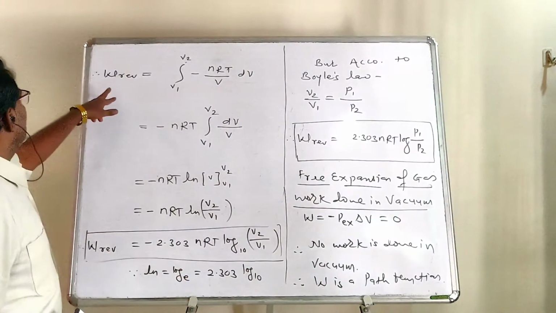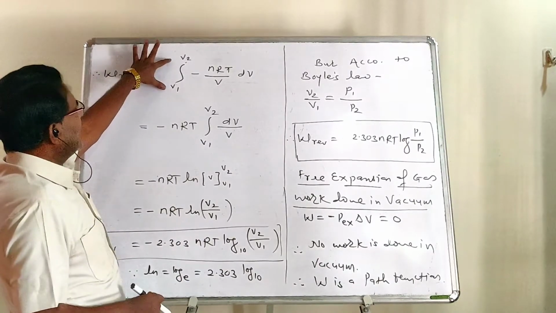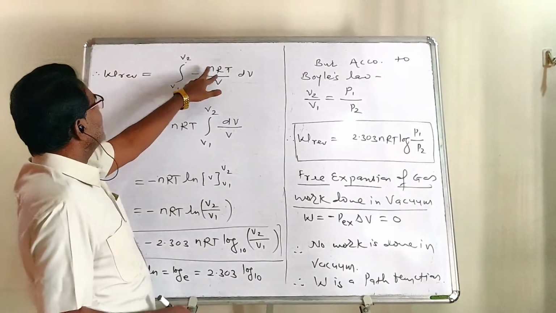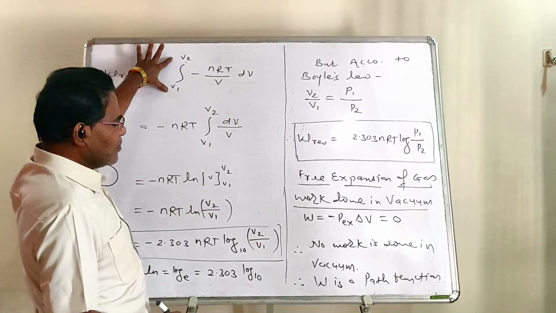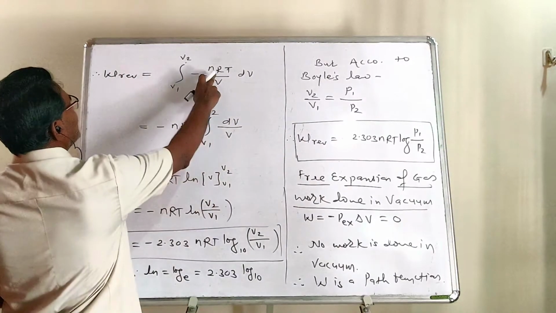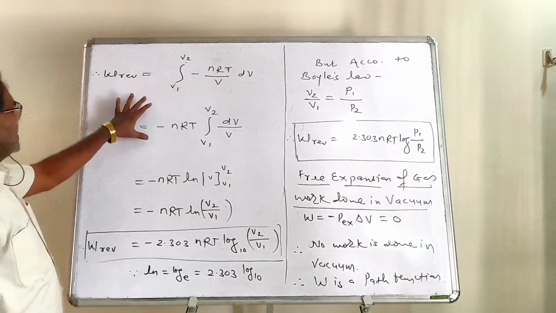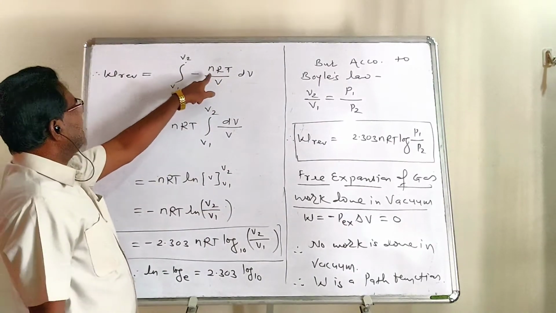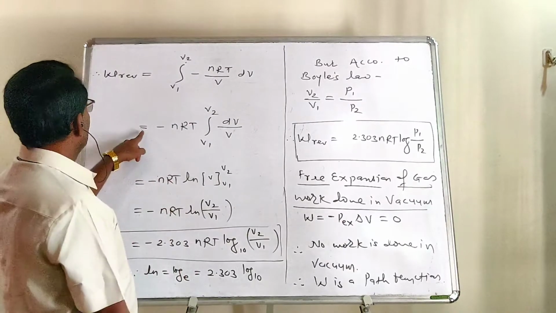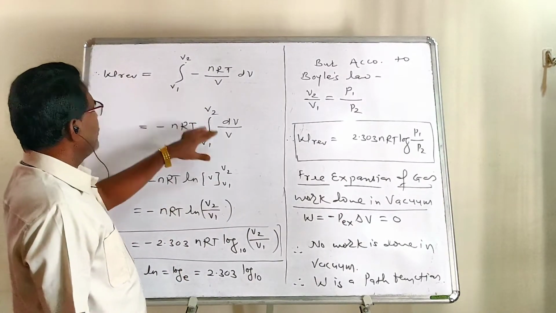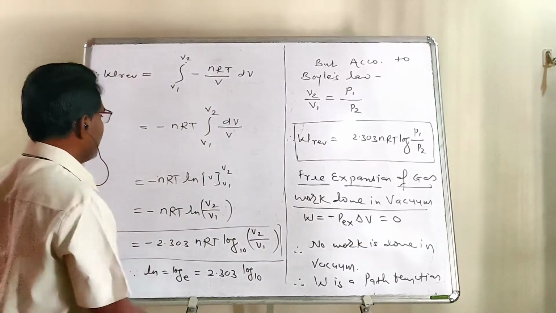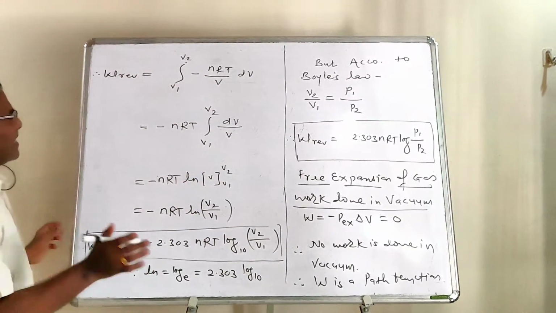Simplifying further we get W reversible equal to integration of minus nRT by V into dV between the limits V1 to V2. P is replaced by nRT by V. और अगर हम इसे सिंप्लीफाई करेंगे, nRT is a constant term, so it is equal to minus nRT integration between the limits V1 to V2 of dV by V. और एक स्टैंडर्ड फॉर्मूला इंटीग्रेशन का आपको भी पता होगा,